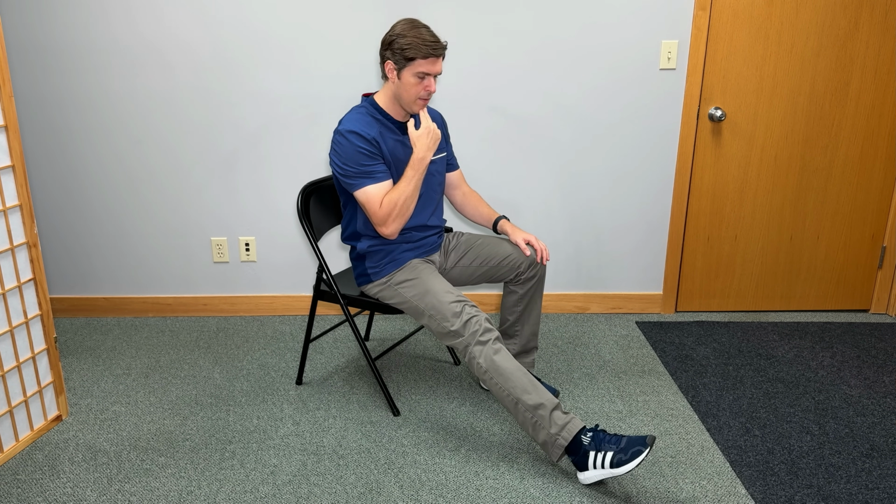This one is really easy. What we're going to do first is act like we're pressing into a gas pedal. So just press your foot away from you, aiming to feel a really good stretch form in your calf muscles. Once you feel that, you're going to hold this and now take your chin and just slightly round it forward